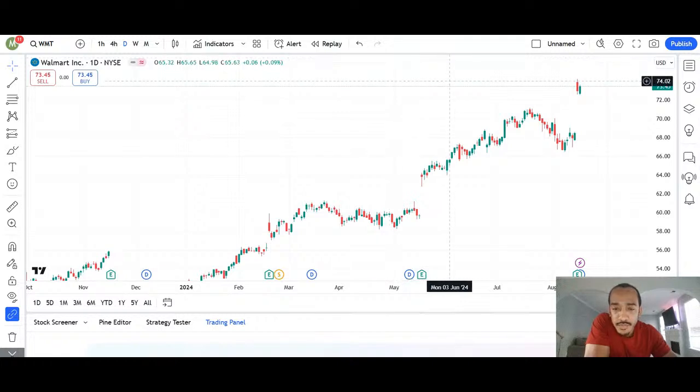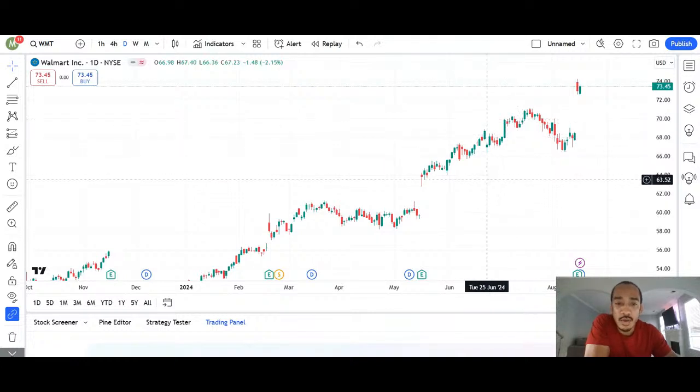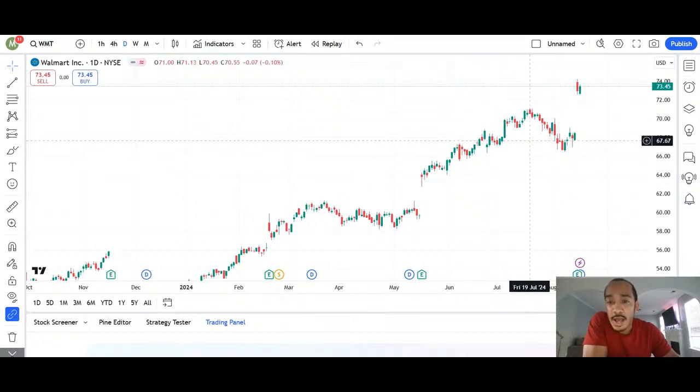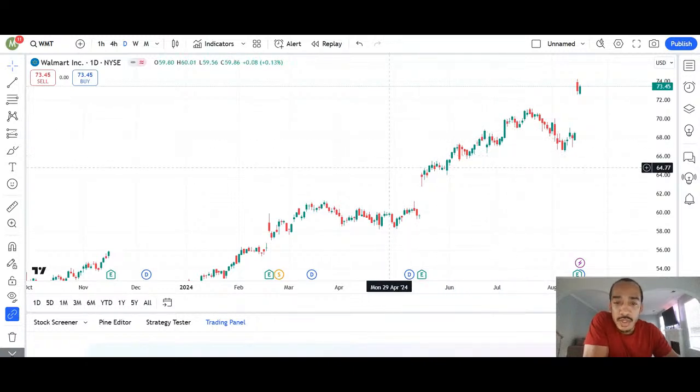So on these candles, with the red candles, like I said before, the candle starts at the top of the candle and it ends at the bottom of the candle. That's a red candle. Now on the green candle, it starts at the bottom of the candle and it ends at the top of the candle. So what that tells you is that within a day, the buyers outbeat the sellers, and on a down day, the sellers outbeat the buyers. But on top of these candles, you have little lines, right? With all candles, of course, you're going to have wicks, right?